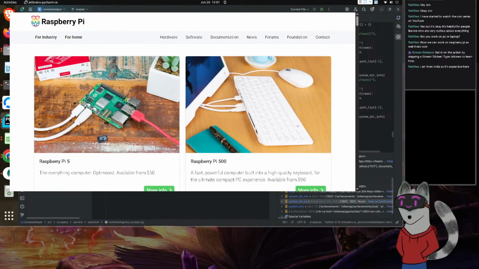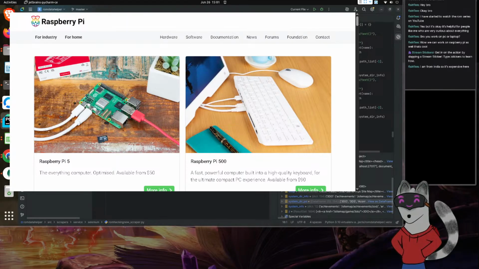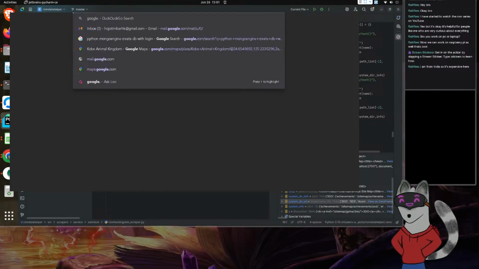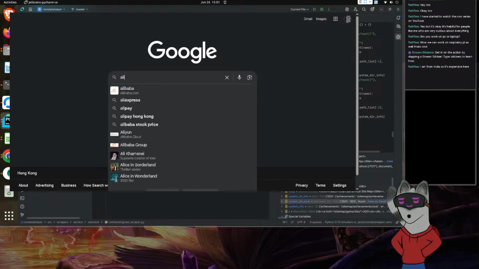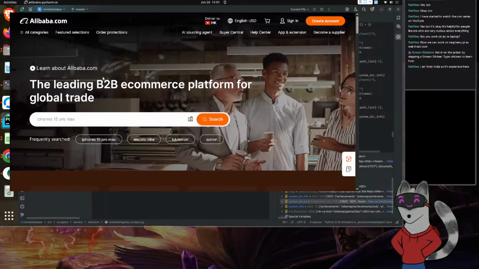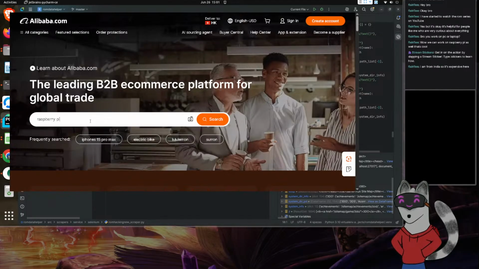I wonder. Since we're currently doing a quick hop into the rabbit hole, let's go to Alibaba. I spelled that wrong. Let's go to Google real quick, and we'll just look for Raspberry Pi.